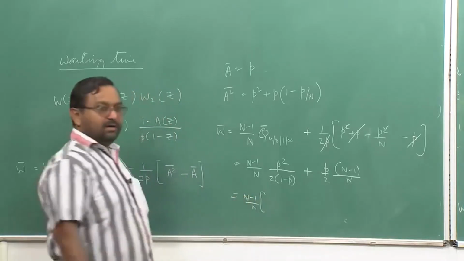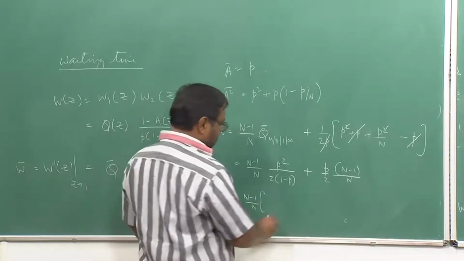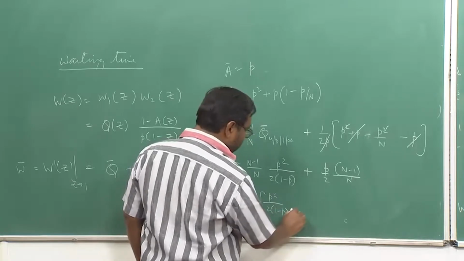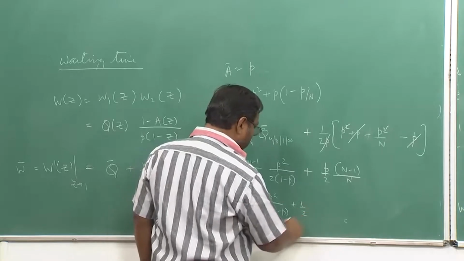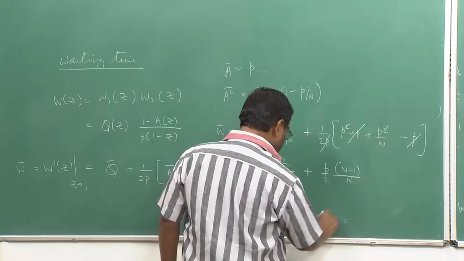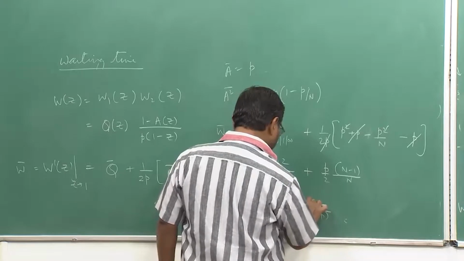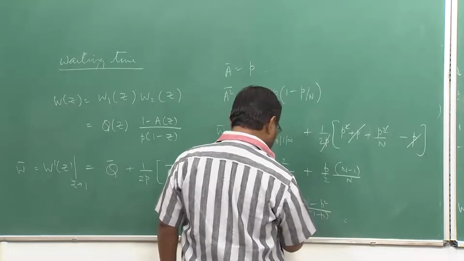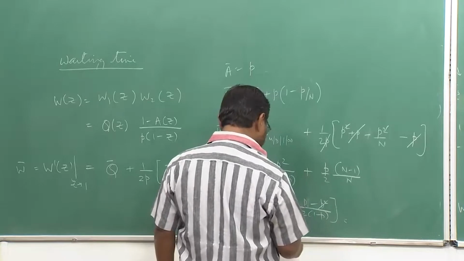When this n goes to infinity, only that this part can be assumed to be 1. So, this will give you P square over 2 1 minus P. So, it is 1 by 2, it will be P minus P square. So, I can just add them up, P square cancels,